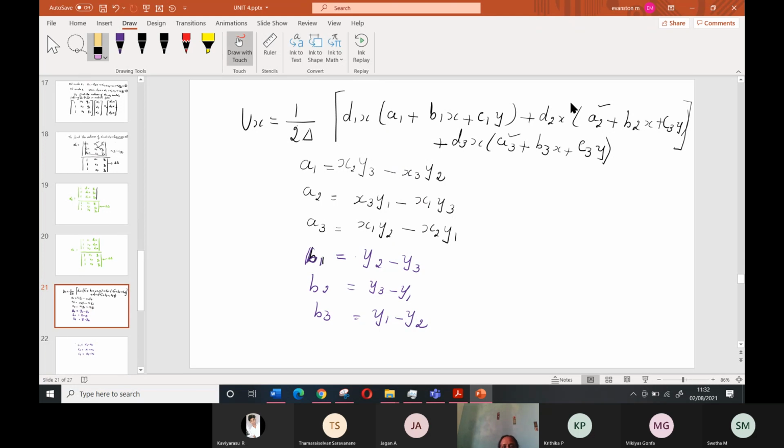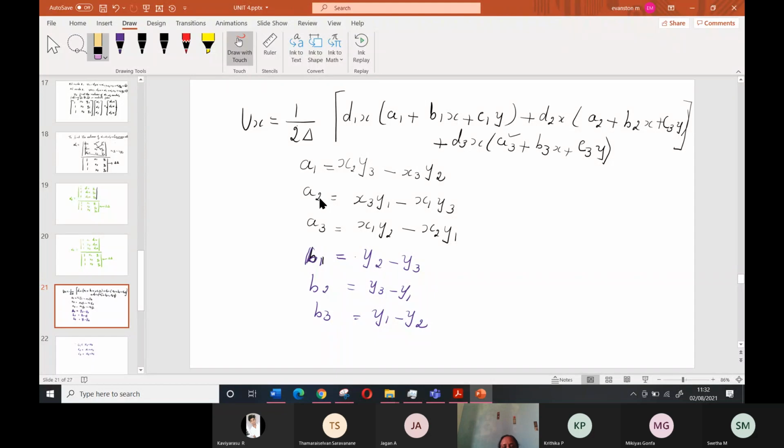And any doubt in this one, you have to remember these values in the examination. The easy way is a1: you have to start with x and y. That is, a1 means x2, 1 2 3. After 3 you have to put just the reverse of this one, x3 and y2. This is an easy way to remember. You have to keep it in your mind, because in the examination you may not find time to find out the determinant, and you may commit mistakes. So a1 means x2 y3, and here it will become 3, and 2.